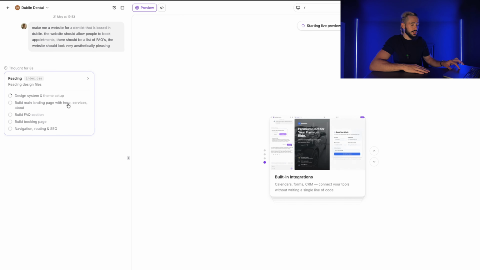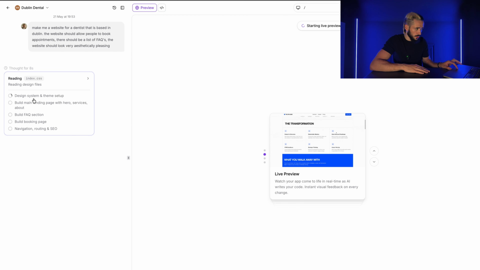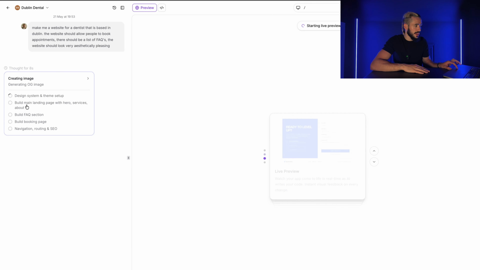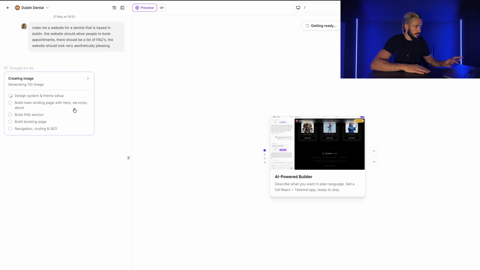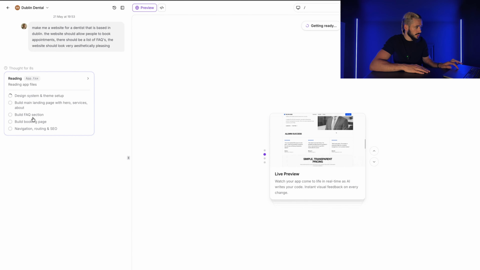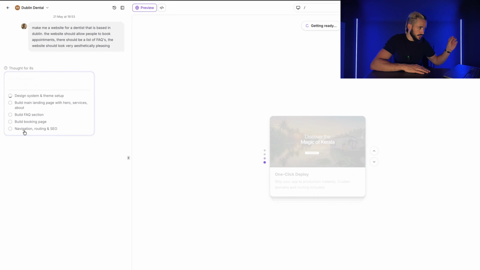It's then going to take us to the AI Studio, and if we take a look over here on the left-hand side, it's doing so many amazing and crazy things right now. So the first thing it's doing is designing the theme of the website. Then it's building out the main page itself with all the hero section, the services, the about. Then it's going to build our FAQ section. Then it's going to build out our booking system, and then it's going to allow us to do the navigation